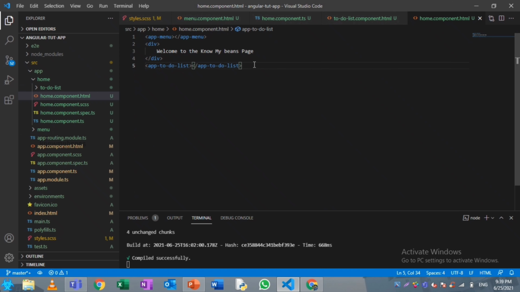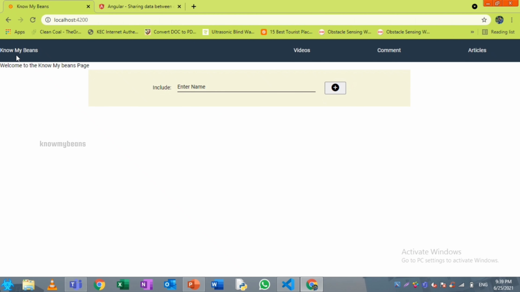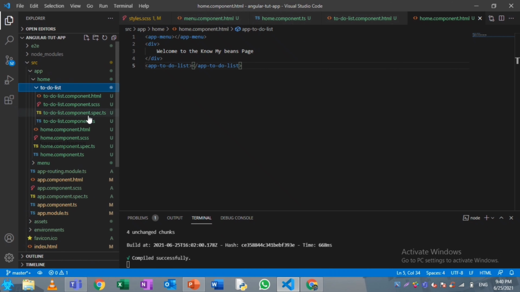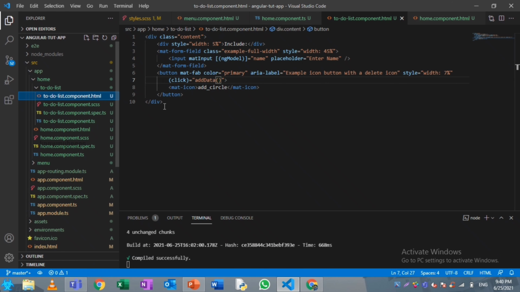I will show you the home component HTML, which is this one. The nav bars and everything come under the menu, while the input section comes under the to-do list component. You can see it consists of the 4 files, and in the HTML I have just given the mat form field as well as a button to input data.